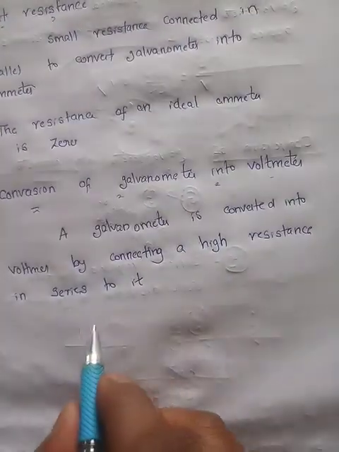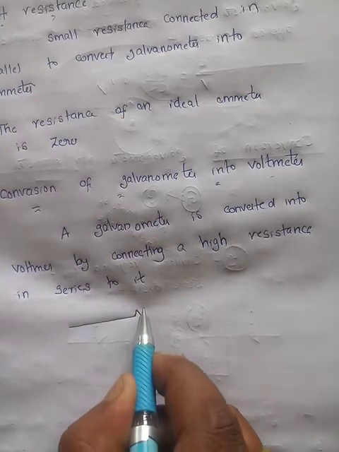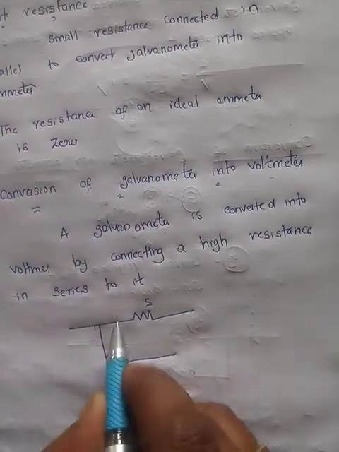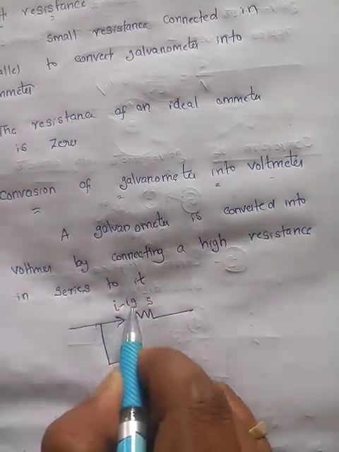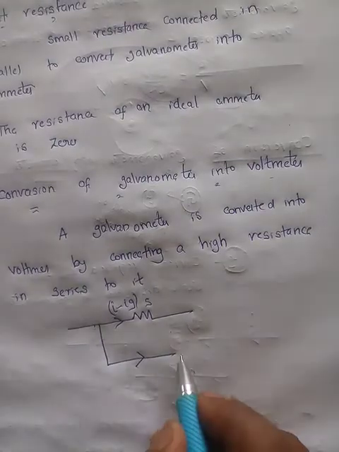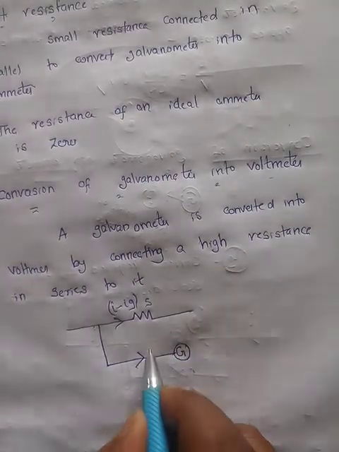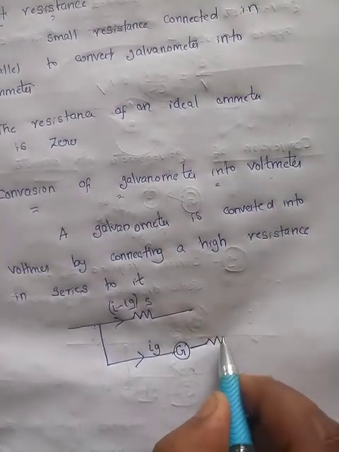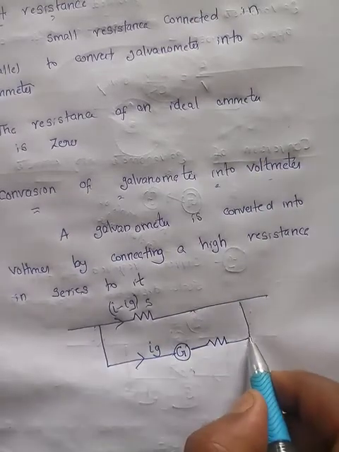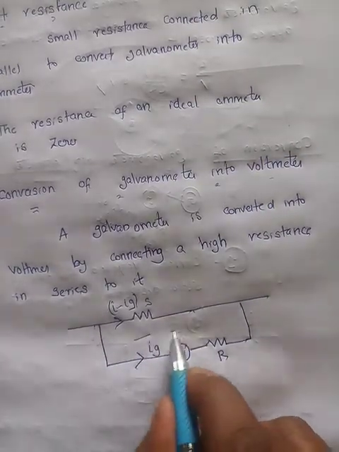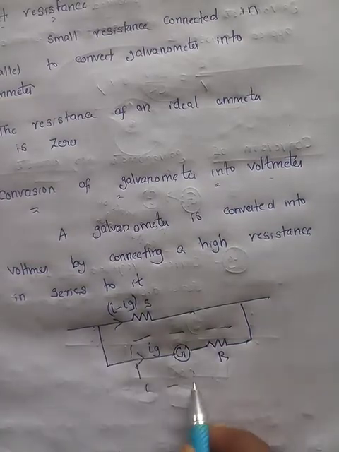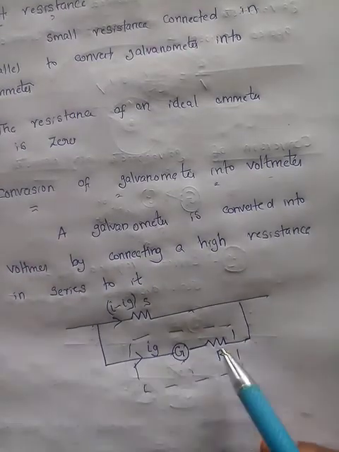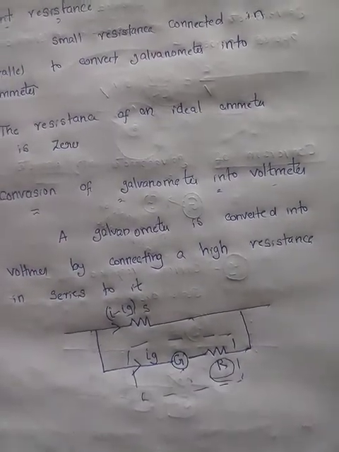In this ideal circuit, for example, we connected a small shunt resistance first, that is common, because if you make so much current flow, the galvanometer gets damaged. We have to give only the current it can take, which is Ig. So this is the galvanometer, and we are connecting a high resistance in series to it. This is the way to convert a galvanometer into a voltmeter. So, how do you convert a galvanometer to a voltmeter? By connecting a high resistance in series to it.